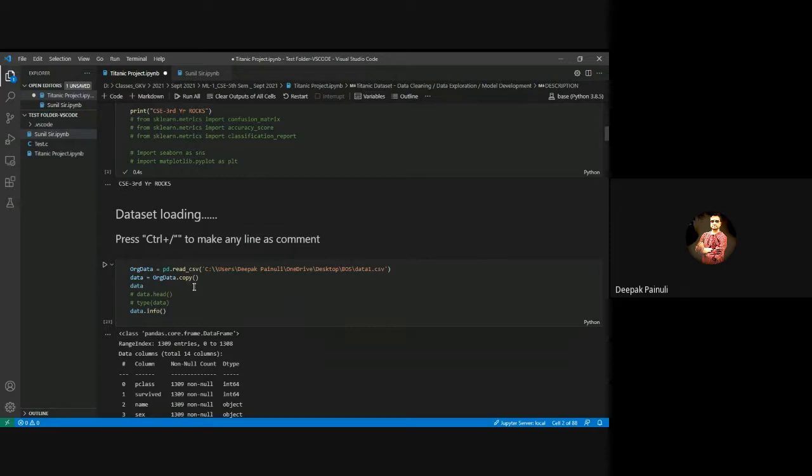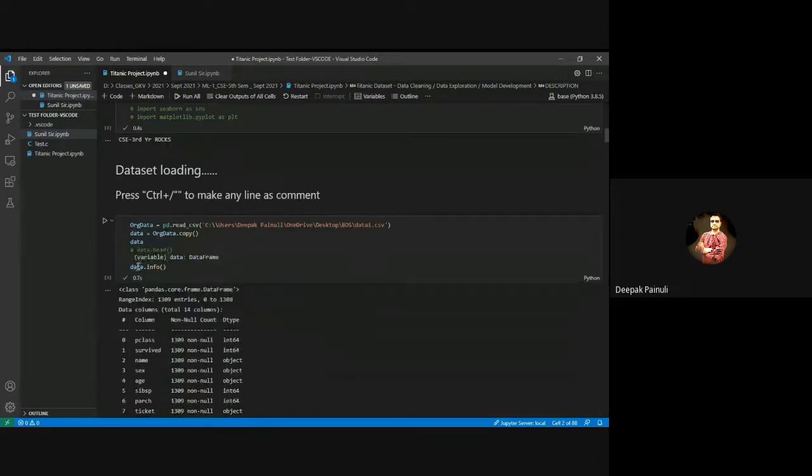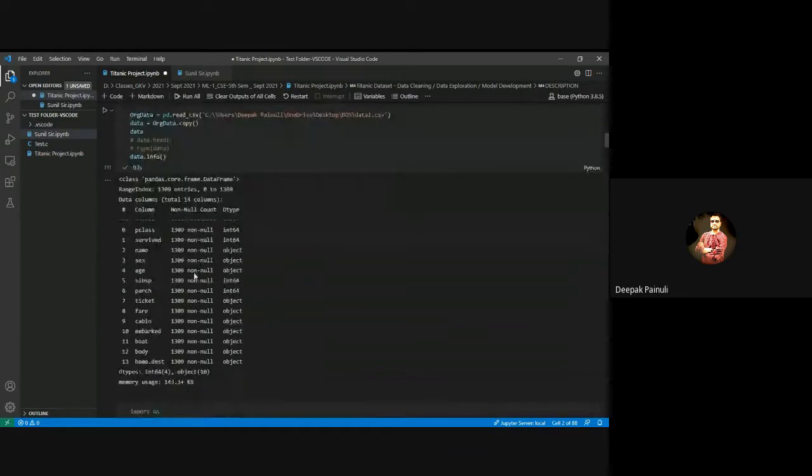Always remember, whenever you are going to work on any data, you first make a copy of it, then work on the copy of that data, not the original data, right? Because if you fail while working on that particular data, then you have the choice to reload your original data, right? So always remember this as a computer science engineer. Okay, so run that cell. Let us load. Yes, it is loaded.